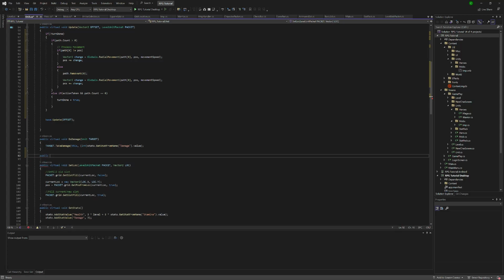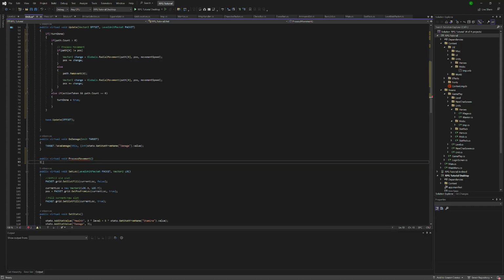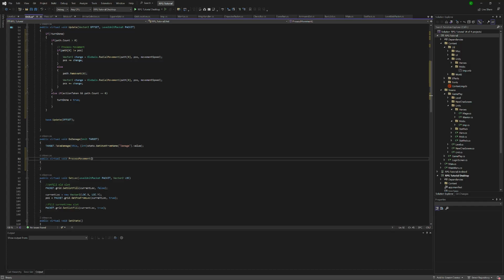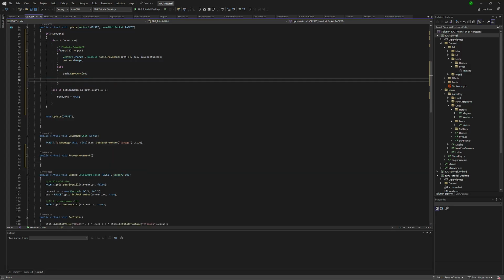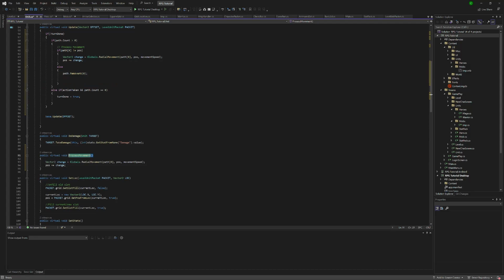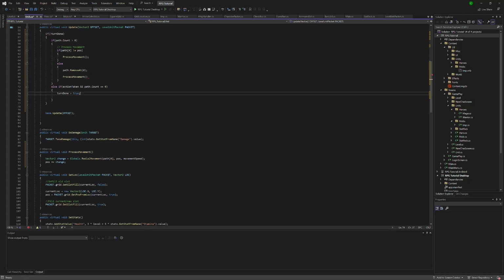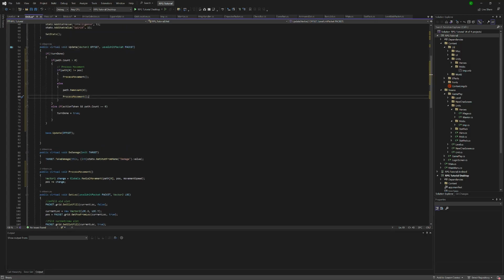Public virtual void process movement. And then in process movement, we are going to take this and do this, and then we're going to do this, this, this. Okay. Looky there, wasn't lazy. You could also say process movement and then check if it's equal afterwards,